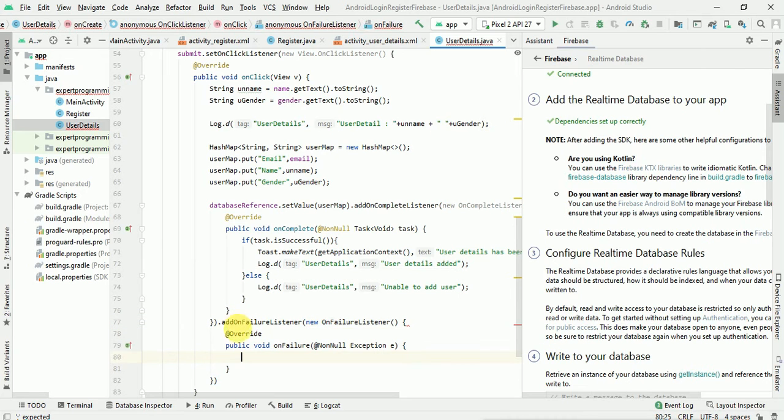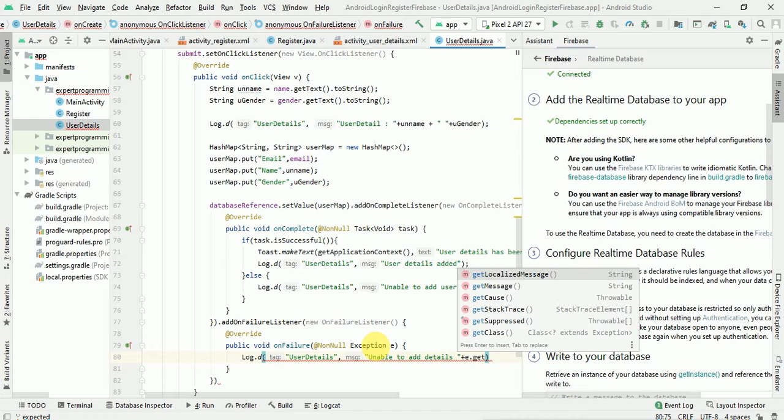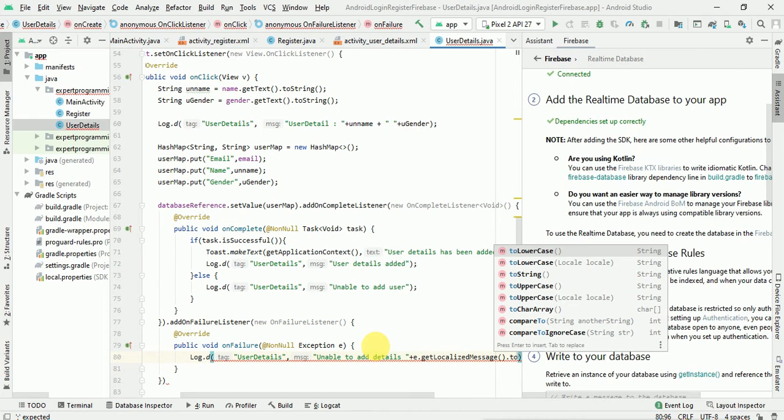So on failure, and we can print log dot d, user details, and then unable to add details, and we'll print the message, what message we are getting. So e.getLocalizedMessage().toString().